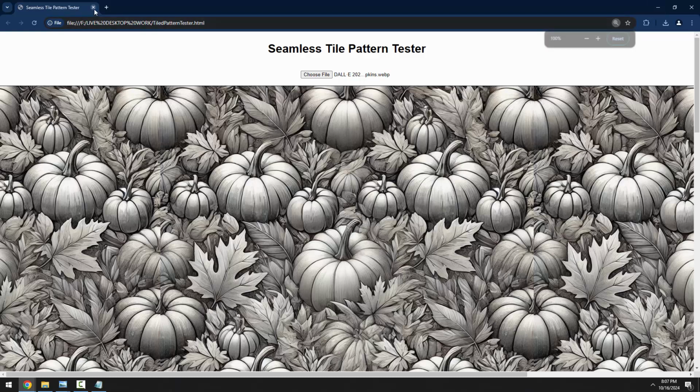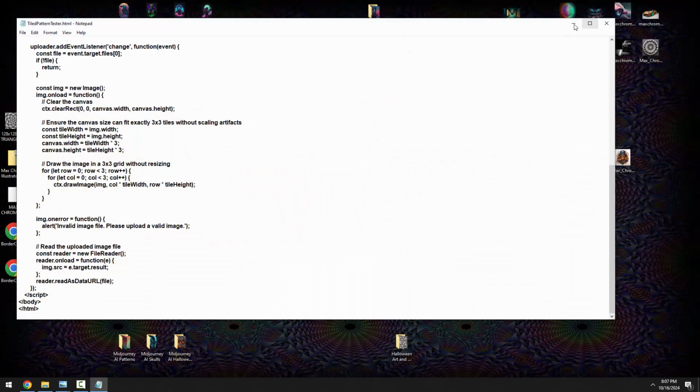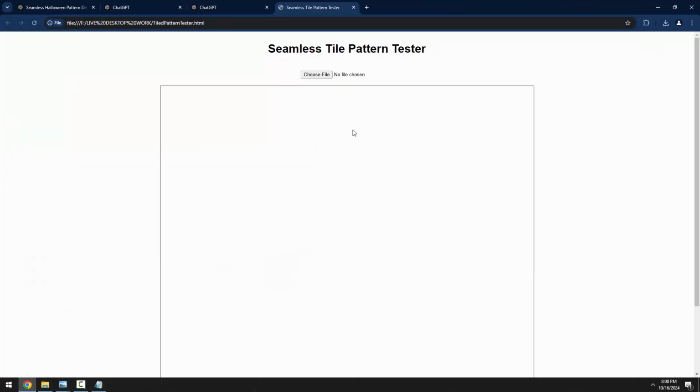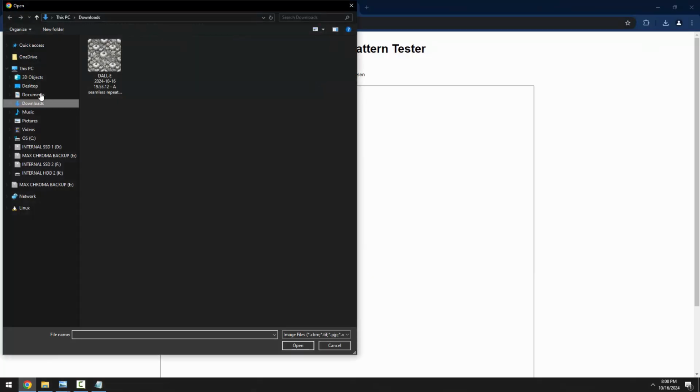And the cool part about this type of app, when it's a web app that runs as a single page file, is the entire app is the file. And you don't have to do anything else. You don't even have to be connected to the internet. You also don't have to run it in Chrome. You can use certain other browsers that are like offline. You could set it up so that the browser is never even going to connect online. But you don't really have to be online to use this app. So you just double click it, open it up in the browser, choose a file, and let's go into